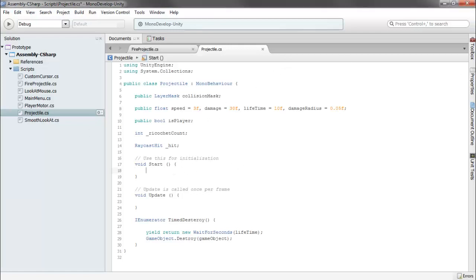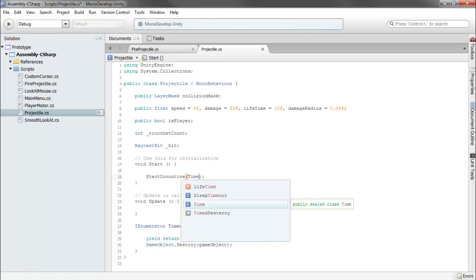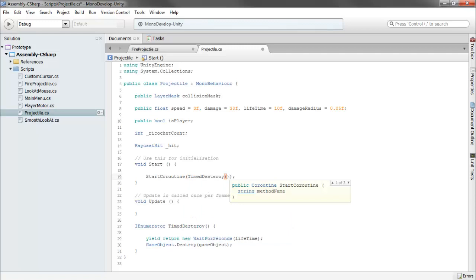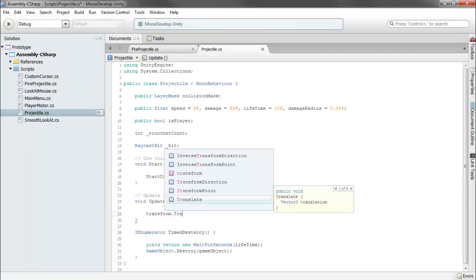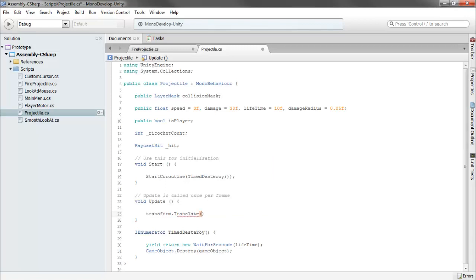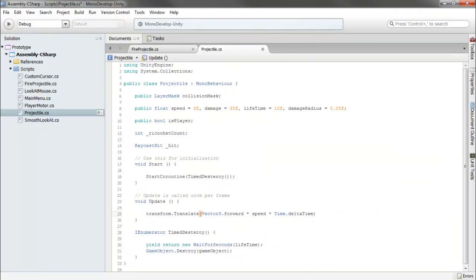And now we'll just go ahead and call the timed destroy in our start method. So we'll say StartCoroutine, and the coroutine we want to start is TimedDestroy. And so we'll go into our update and just go ahead and start moving ourselves forward. So transform.Translate, and we'll translate in the direction of Vector3.forward multiplied by our speed multiplied by Time.deltaTime for smoothing,